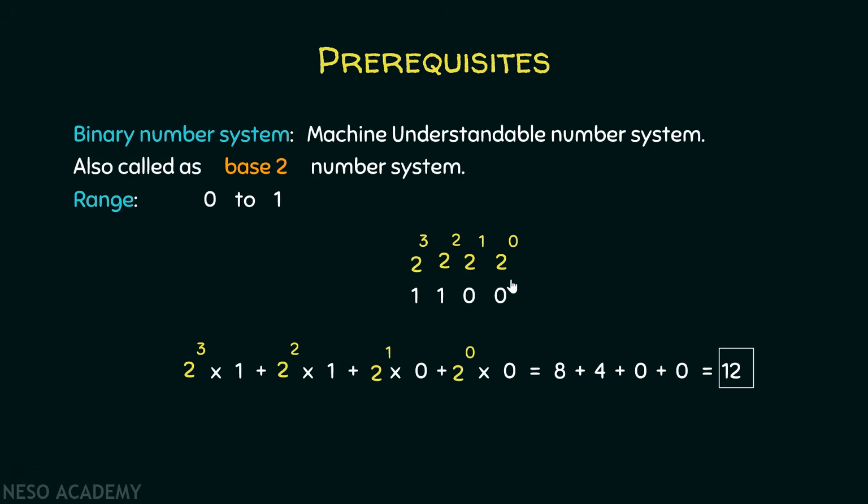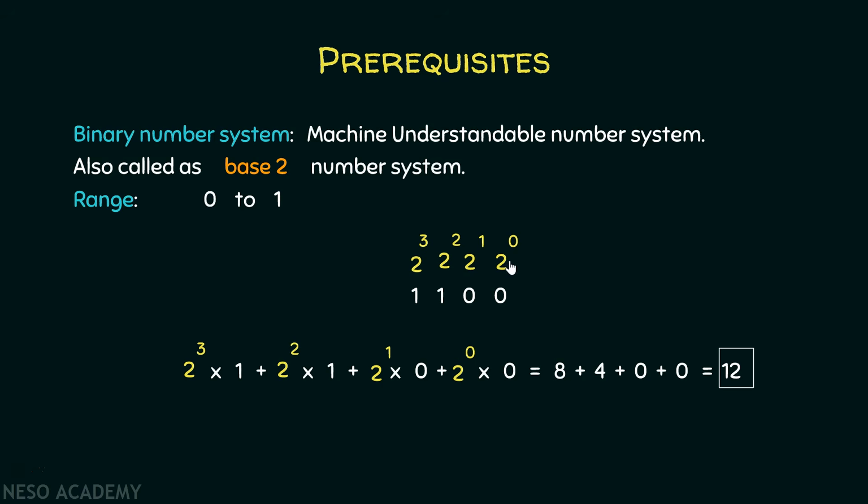Because the binary number system has base equal to 2, starting from the rightmost end, we have 2 raised to the power 0, 2 raised to the power 1, 2 raised to the power 2, 2 raised to the power 3 as their place values. And if you want to represent this number in decimal, then you have to follow the same method that we had adopted in the case of the decimal number system. That is, multiplying the digits with their respective place values and finally adding them up.